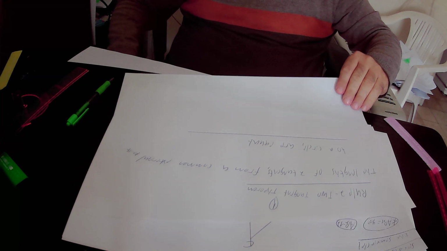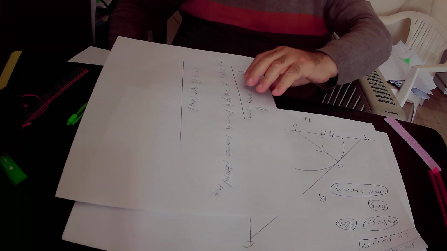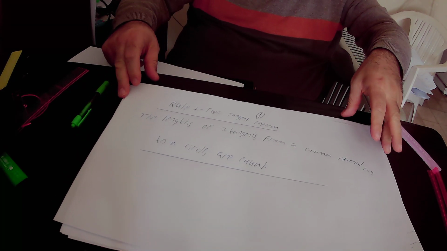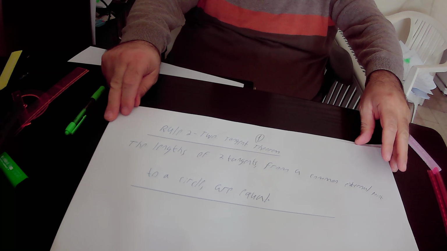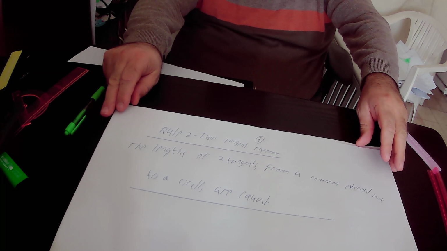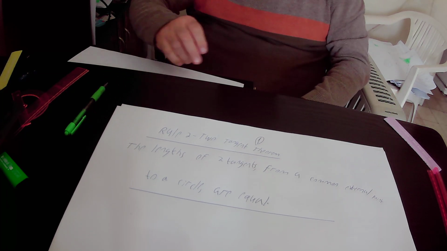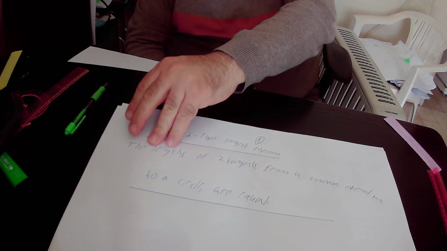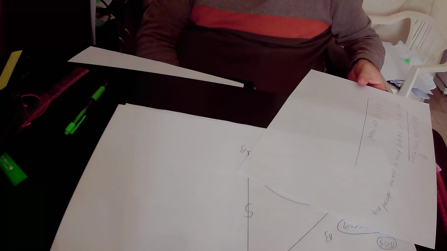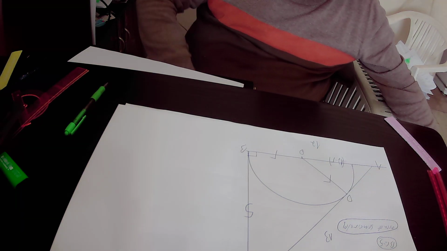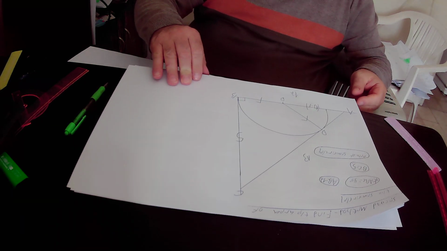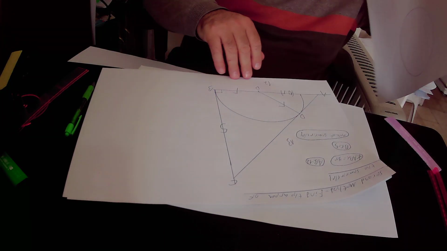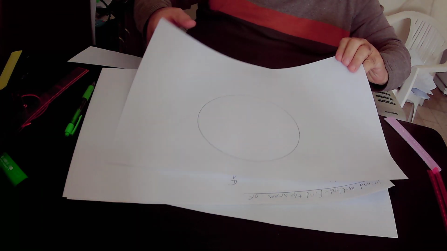So I will read rule number 2 again on the two tangents theorem. According to rule number 2, the lengths of two tangents from a common external point to a circle are equal. So what is the meaning of the two tangents theorem or rule number 2? The meaning of rule number 2 is that if we have this circle